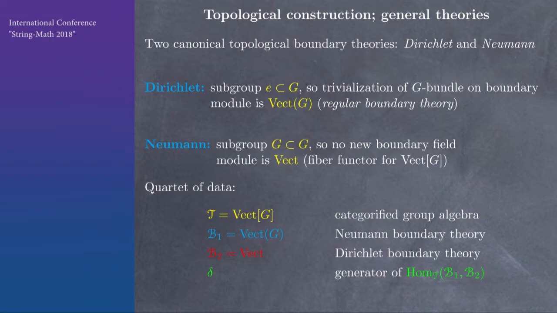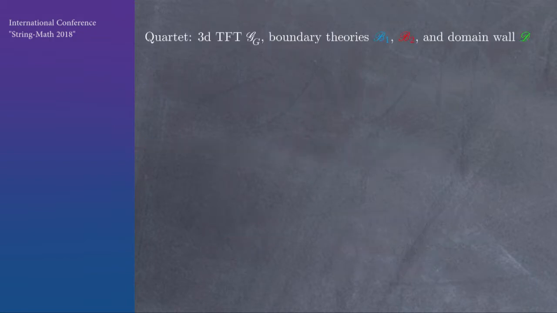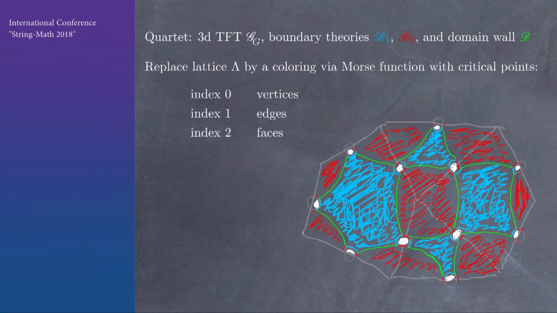There's only one one-dimensional category of such things, and so that's the domain wall between the two boundary theories, and that's unique in this case. All right. So given that algebraic data, the cobordism hypothesis produces, although we have a classical model in this case as well, this gauge theory, these two boundary theories, and the domain wall between them. And so here's how we're going to do it.